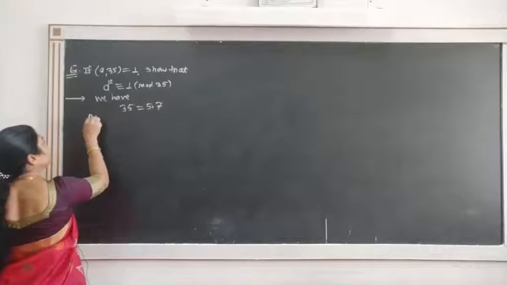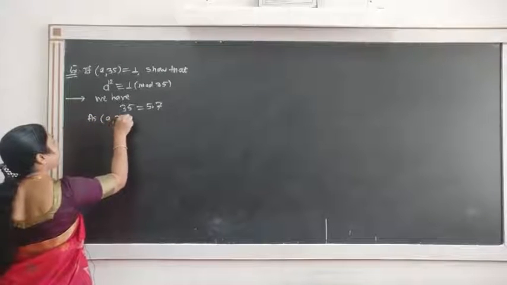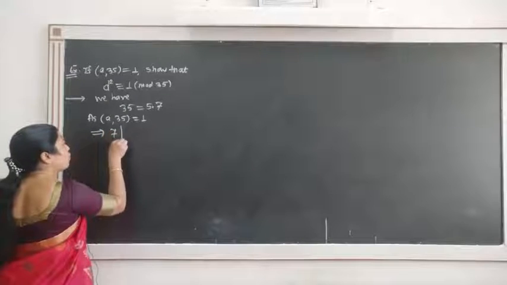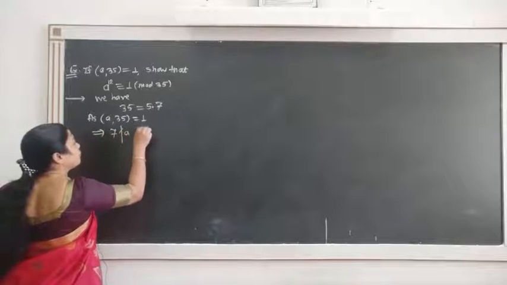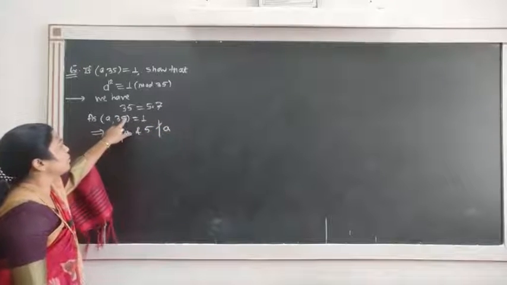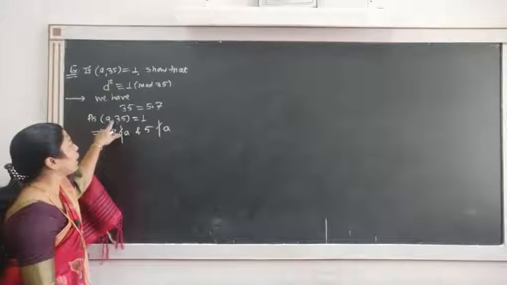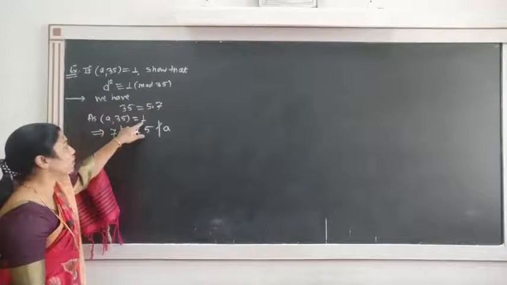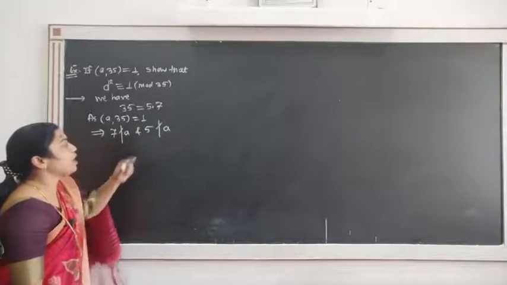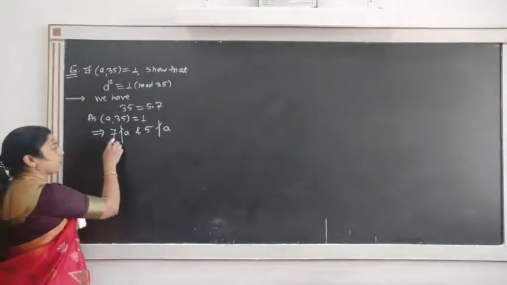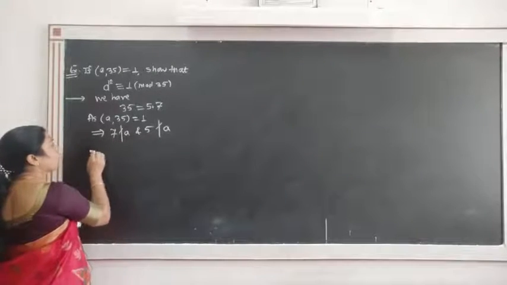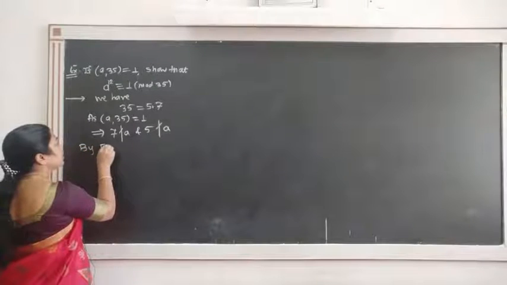And because GCD of A and 35 is 1, this implies that 7 does not divide A and 5 also does not divide A, because 35 is nothing but 5 into 7, and we know that the GCD of A and 35 is 1. So they are relatively prime. So obviously 7 does not divide A and 5 also does not divide A. So taking P to be 7, that is prime to be 7, we have Fermat's theorem, and Fermat's theorem says that